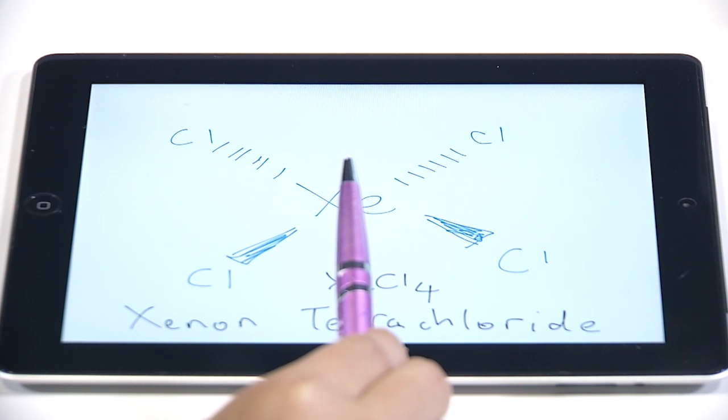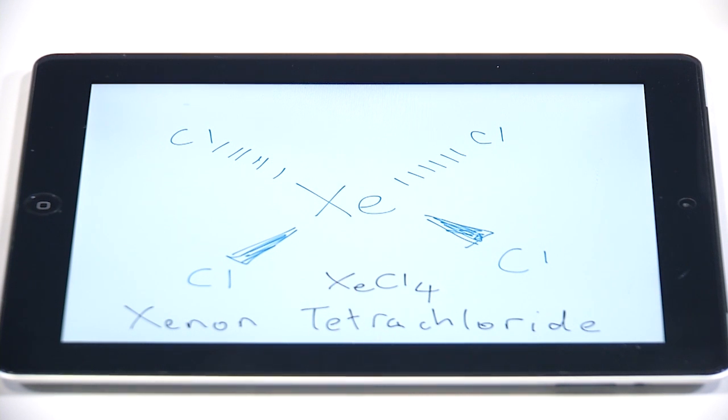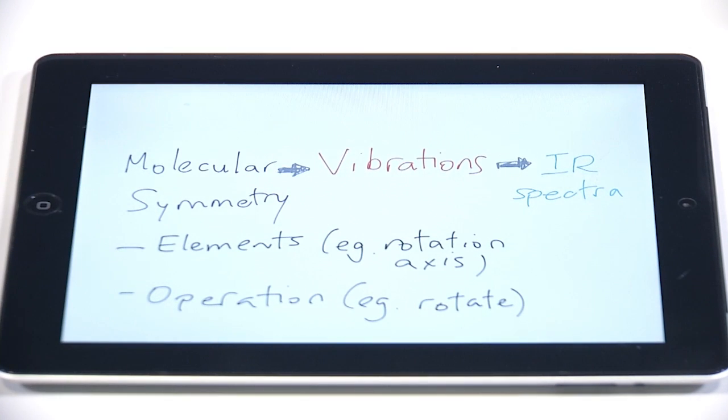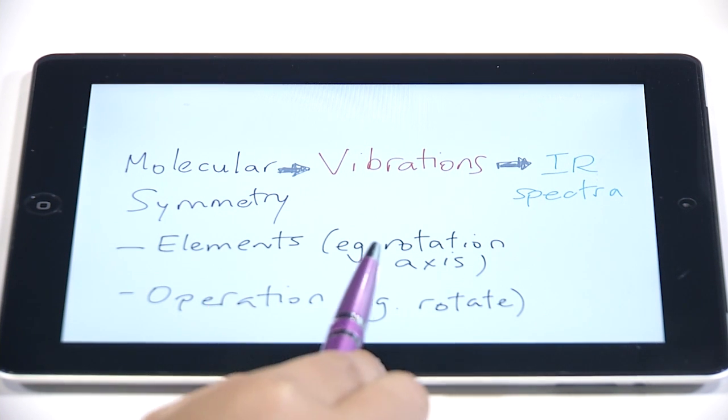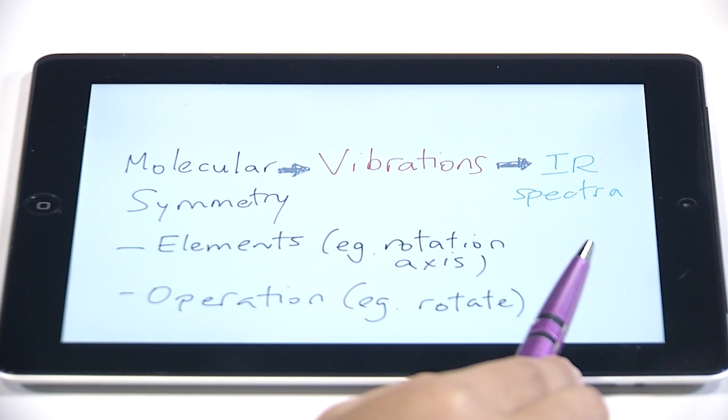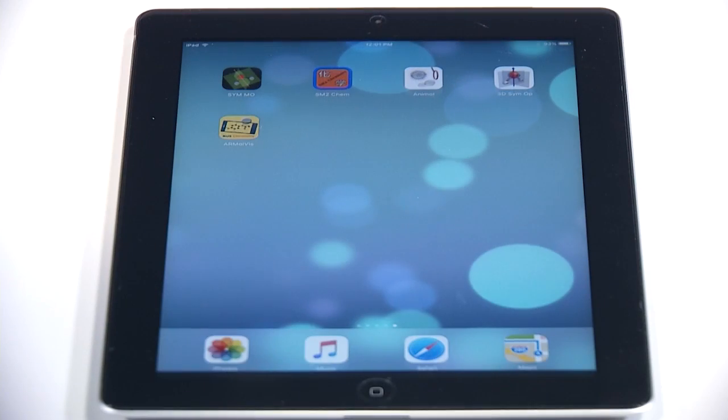So some problems we identified is that certain students have difficulty in doing these mental manipulations, for example, rotation, leading to a difficulty in identifying the symmetry elements, followed then by an inability to then assign the vibrations in the IR spectra. So what we did is we created a mobile app, 3D SimOp, which students can use in the app-assisted interactive tutorials. Okay, so 3D SimOp, let me share with you the app, is an educational app designed